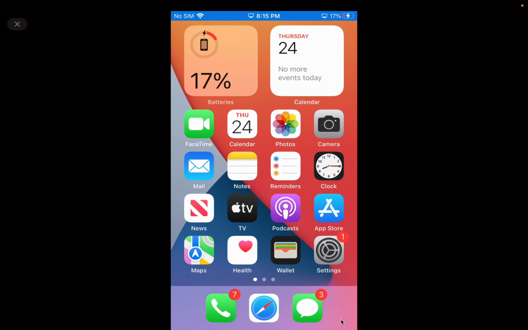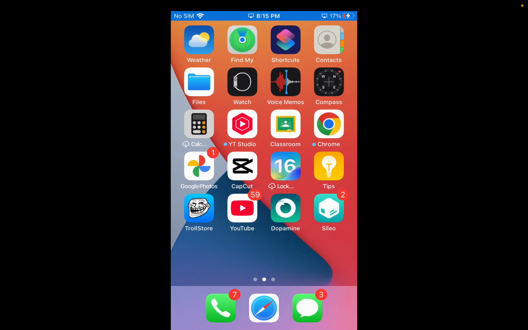Okay, what's up, guys? In this video, I'm going to teach you how to downgrade any app on your iOS or iPadOS without a jailbreak. And this video is for you in case you don't want to